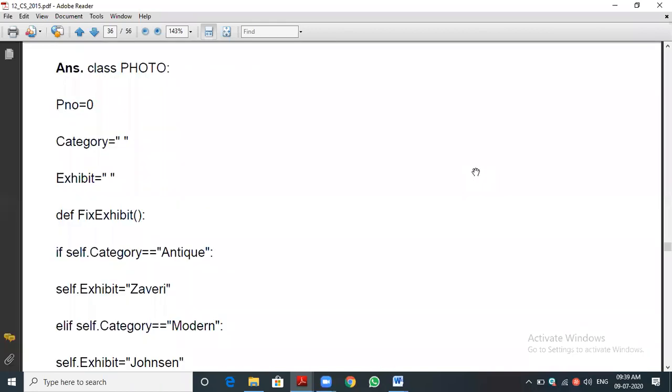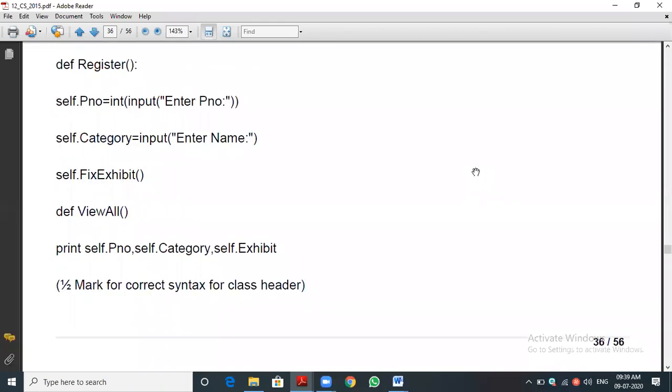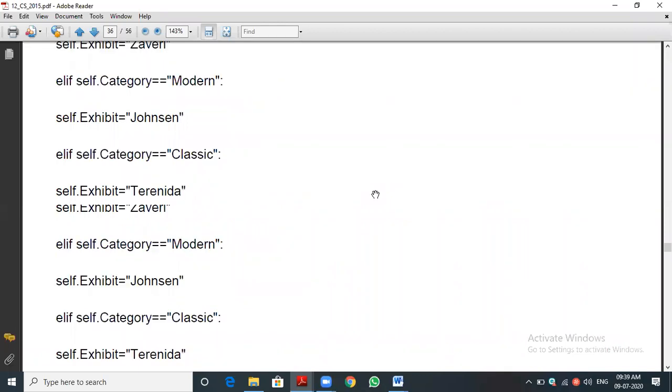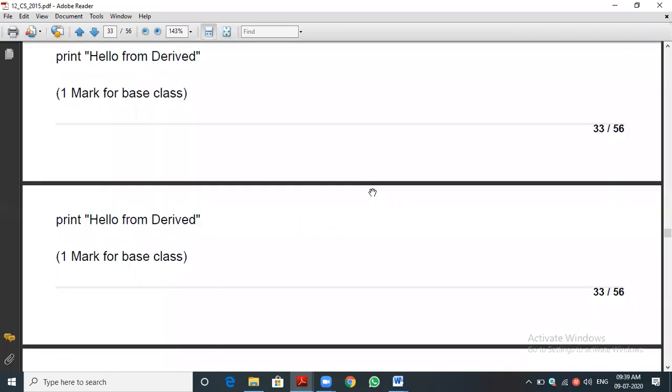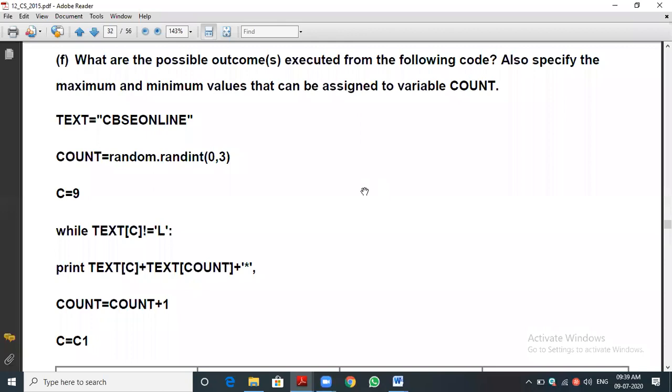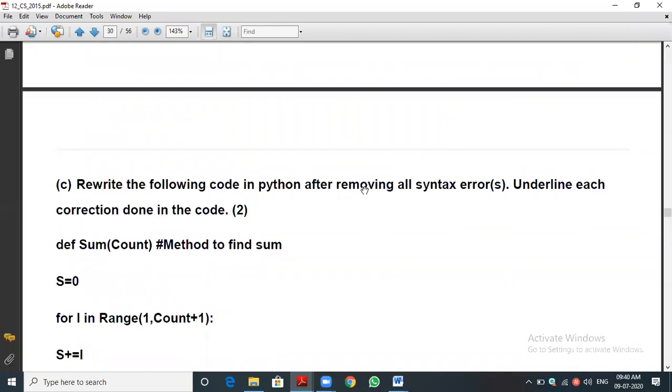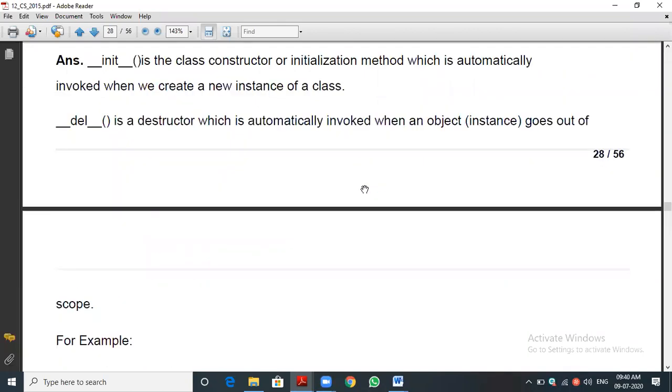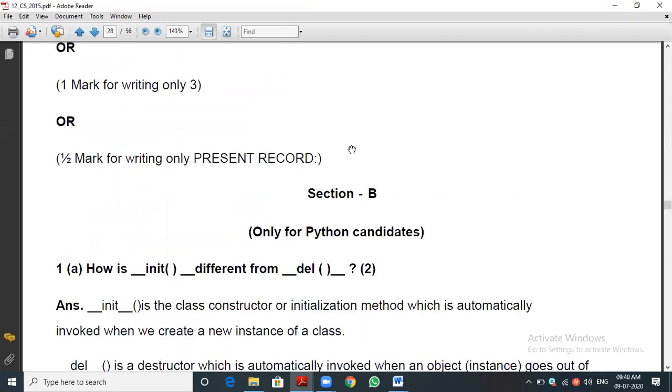Oh, this is Python only. I think indentation is not there, but anyhow, let me revise some questions. Yes, only Python candidate. Okay.